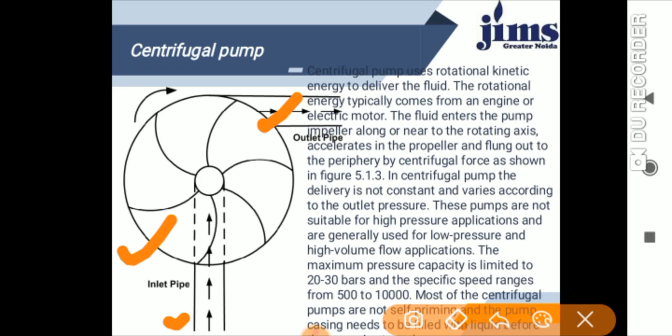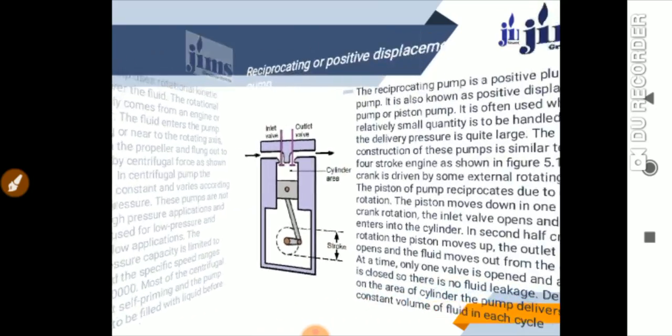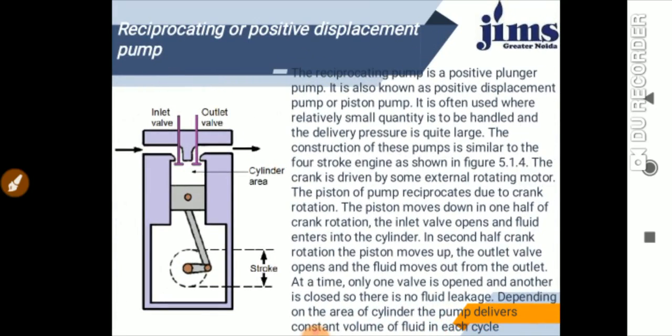Okay, come to the next. Now we are talking about the reciprocating pump, which is what we call the positive displacement pump. The reciprocating pump is a positive plunger pump. It is also known as the positive displacement pump, or you can say the piston pump. It is often used where a relatively small quantity is to be handled and the delivery pressure is quite large. So the construction of this pump,